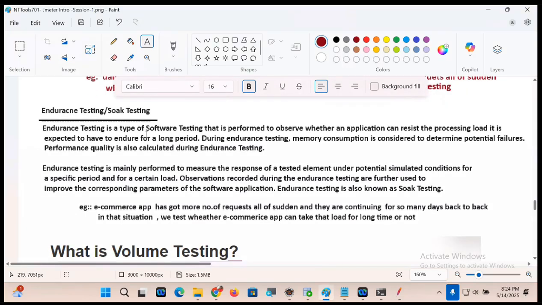Endurance testing is a type of software testing performed to observe whether an application can resist the processing load it is expected to endure for a long period. During endurance testing, memory consumption is considered to determine potential